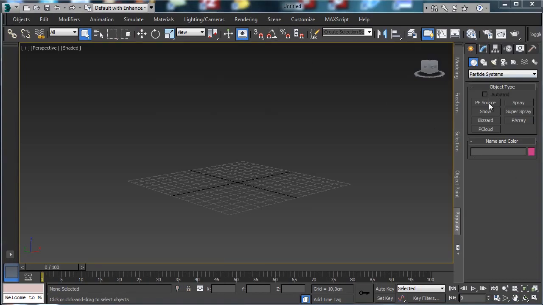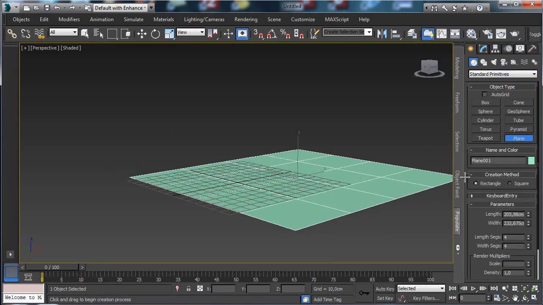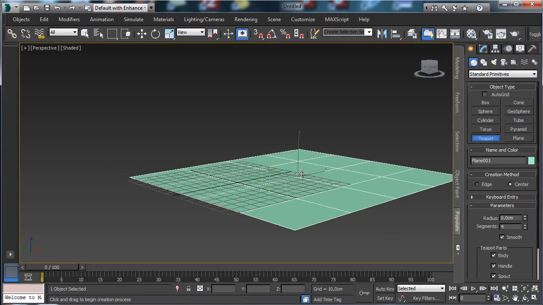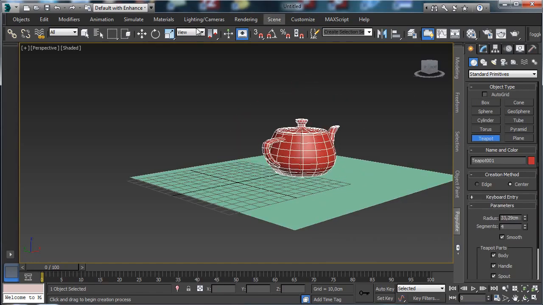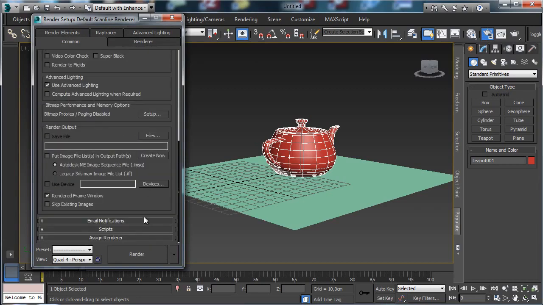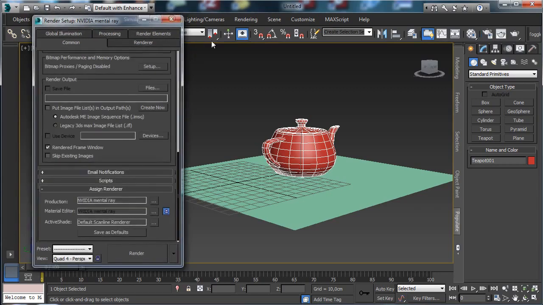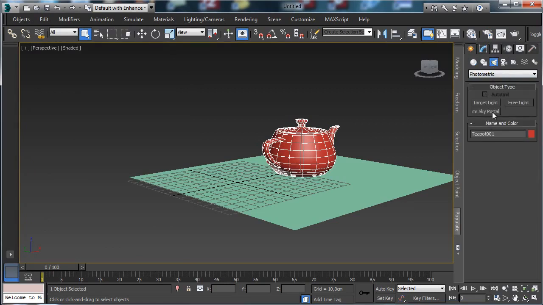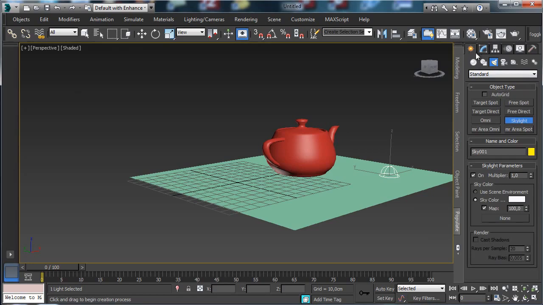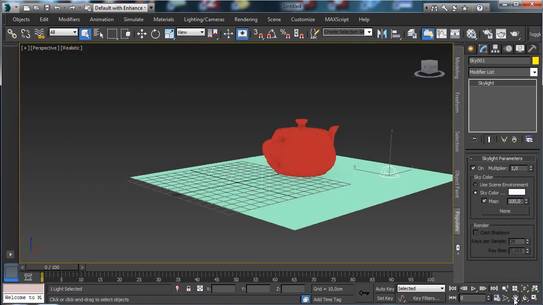There are some nice additions to the rendering too. So let's create a simple plane with a view, and let's use Mentalray as rendering engine, and then let's add a skylight to the viewport. Let's go in realistic view,